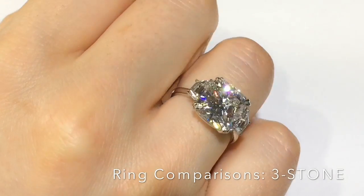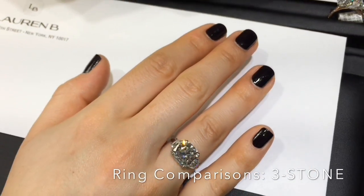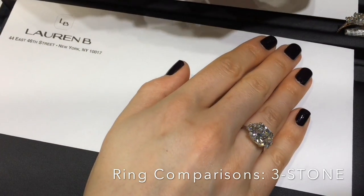And then we'll do one oval 3-stone classic ring. Classic in the sense that there's no pave diamonds on it. Very streamlined appearance. This is a...